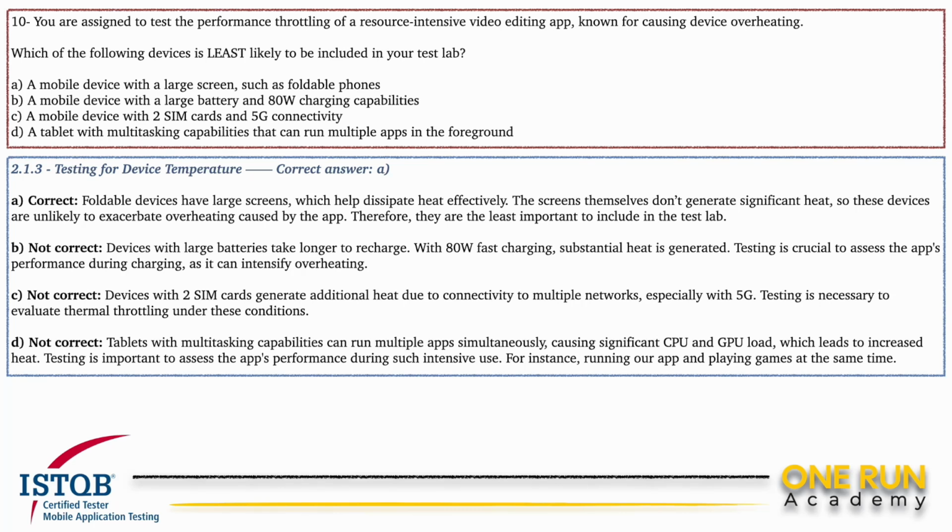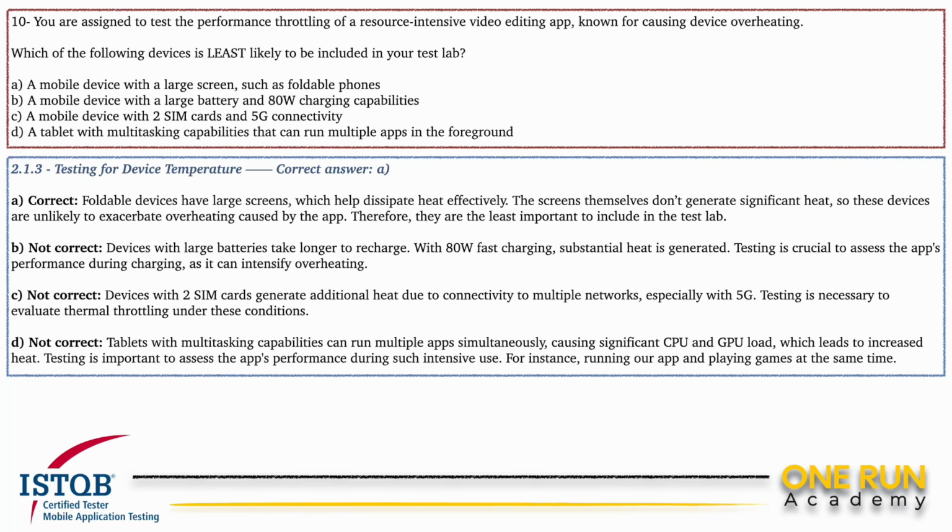Moving to the last option, option D, which talks about a tablet with multitasking capabilities. This means the tablet can run more than one app in the foreground, leading to intense CPU and GPU usage and consequently more heat production. For example, a user could be using our video editing app on one half of the screen while browsing the internet or using map navigation on the other half. This scenario would significantly stress the device more and more, and a lot of heat will be generated, meaning that the device will probably reach the thermal throttling limits, making it vital to include such a tablet in our test lab to assess performance under these